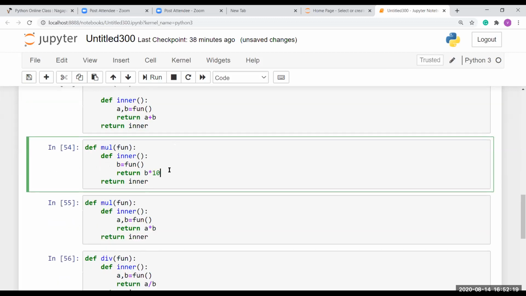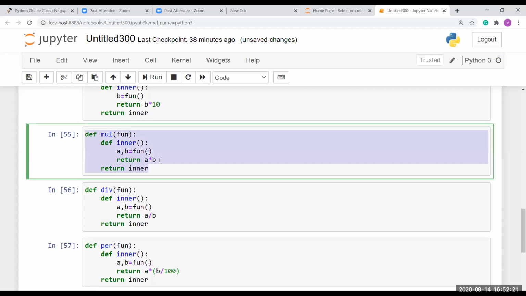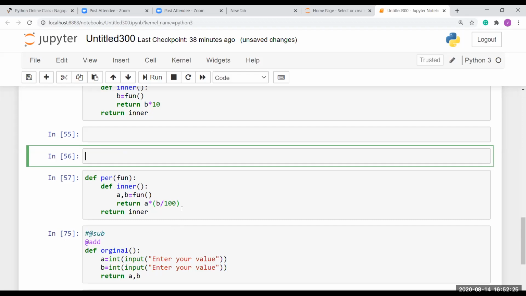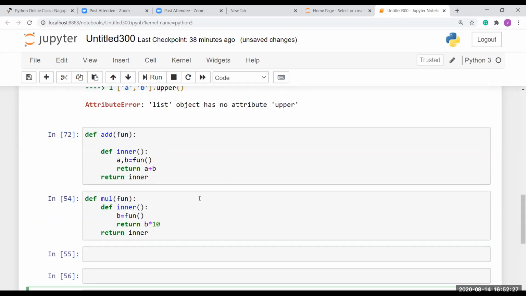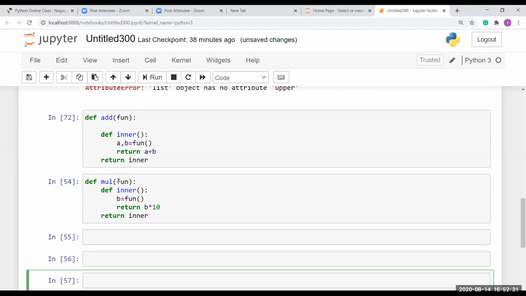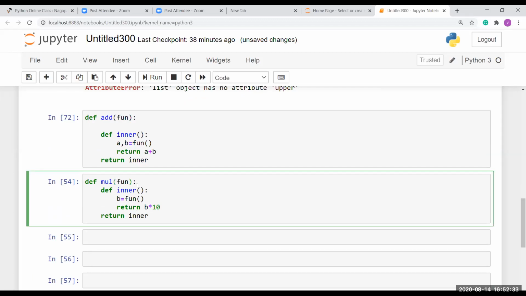Now I'm going to remove this. So we have only two decorators, one is add and another one is multiple, right? Or here I'm going to give multiple by 10, then after that multiple by 20.